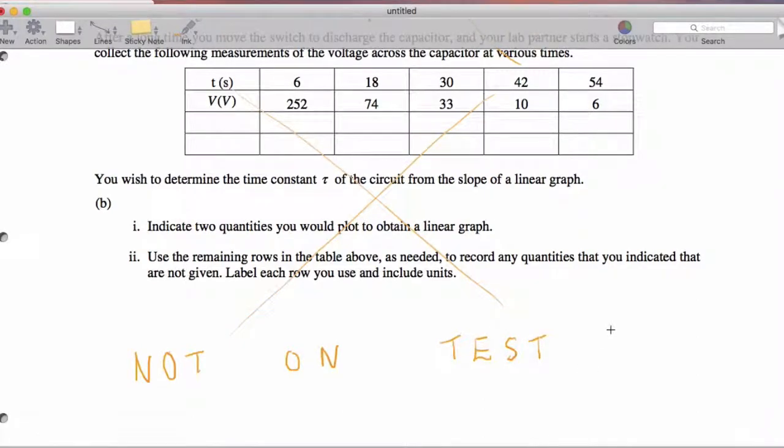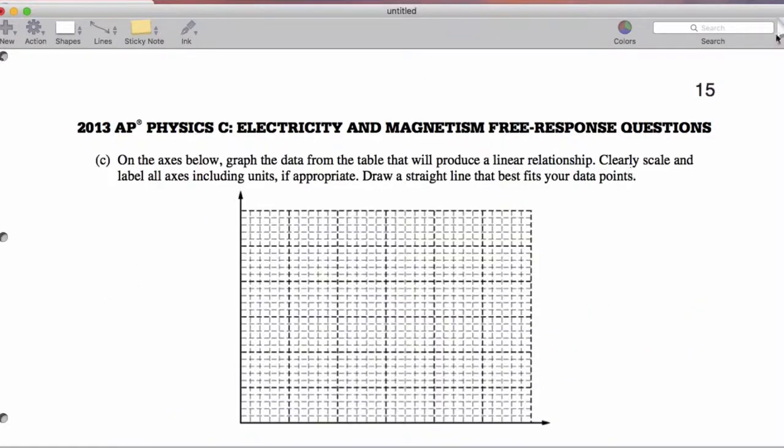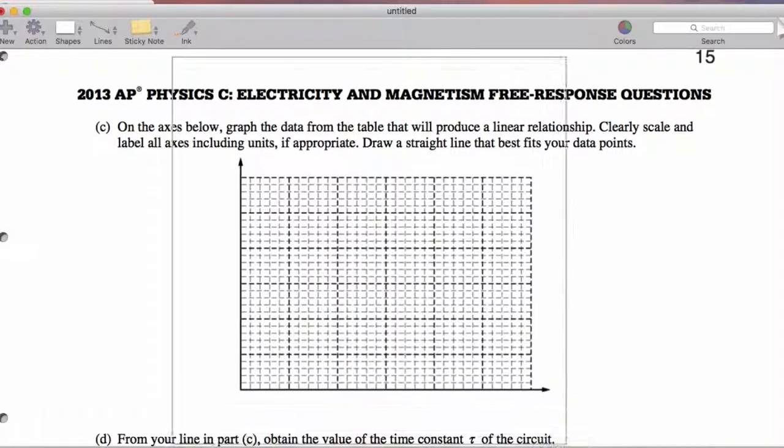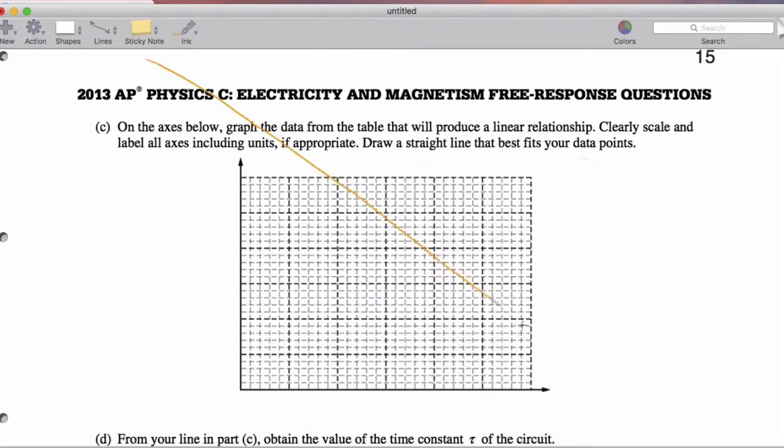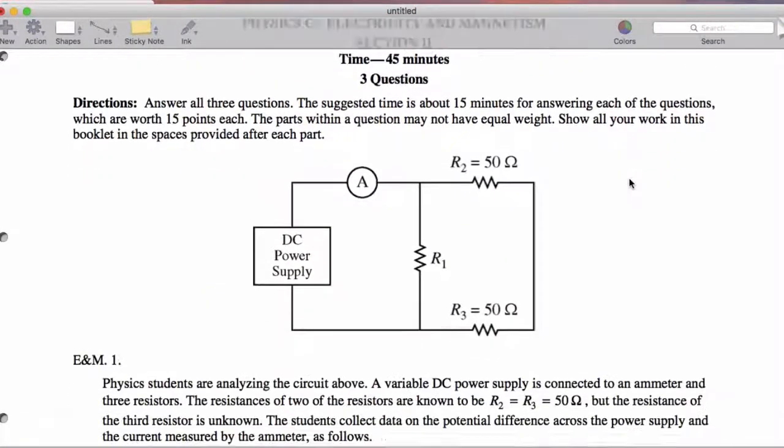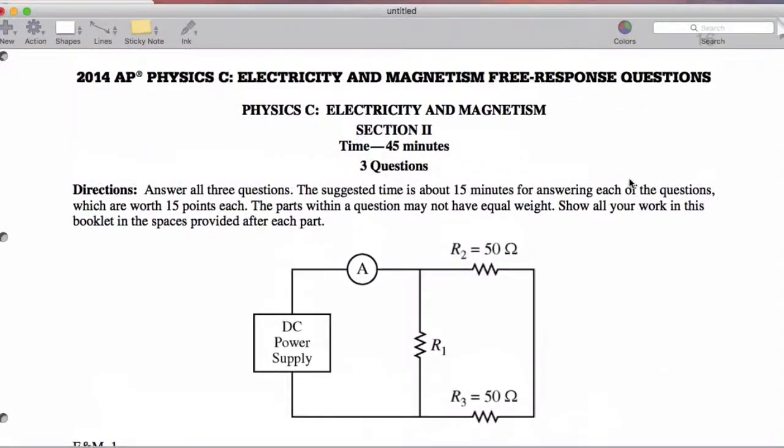So continuing on, we will take a look, and we'll get rid of this too. Whoops. Well, what's going on? There we go. All right. Continuing, the 2014 problem, we have